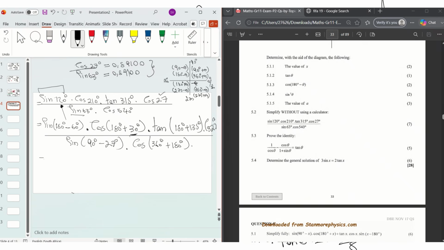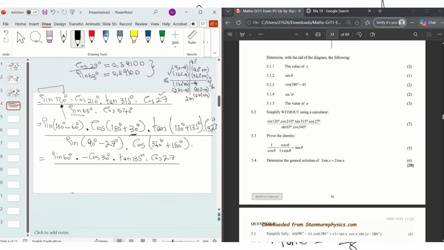Okay, so now let's reduce. Sine 180 minus 60, which quadrant is that? 180 minus is the second quadrant. How is sine in the second quadrant? It's positive. Will the sign change? No. So we have sine 60 degrees multiplied by cos 180 plus 30. Which quadrant is that? The third quadrant. How is cos in the third quadrant? It's negative. So we have negative cos 30 degrees times tan 180 plus 135. Which quadrant is that? The third quadrant. How is tan in the third quadrant? It's positive. So we have tan 135 degrees multiplied by cos 27 divided by,